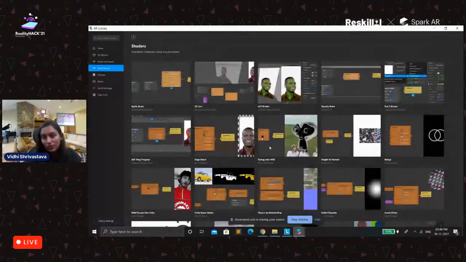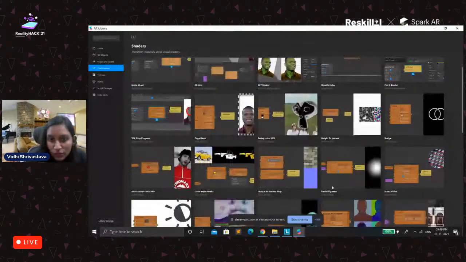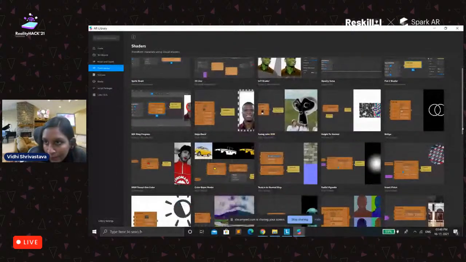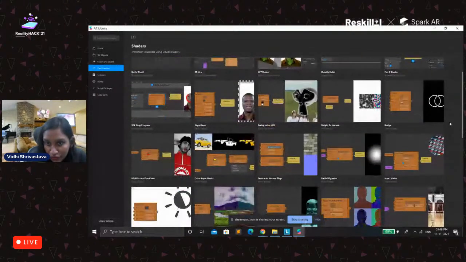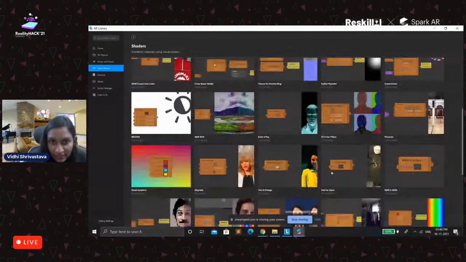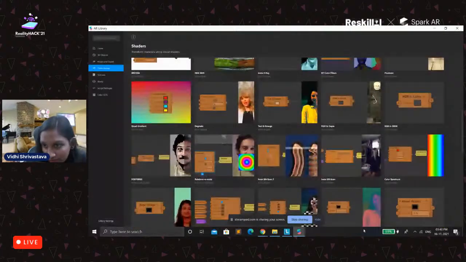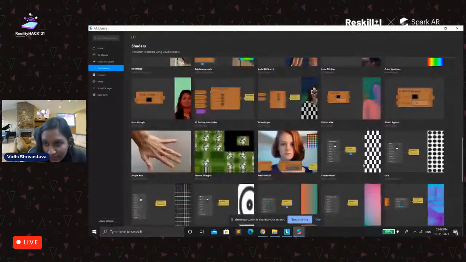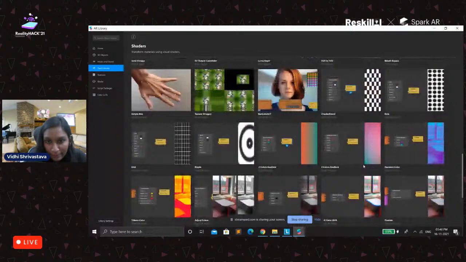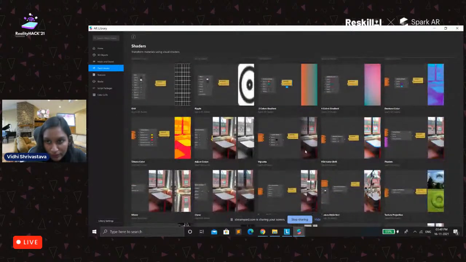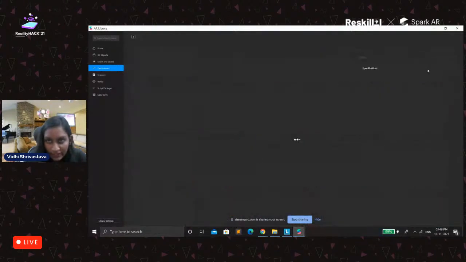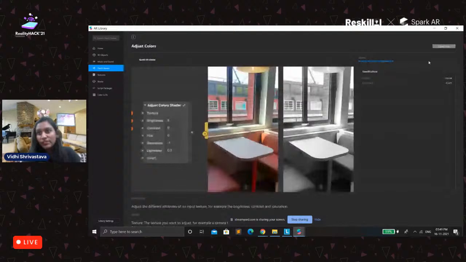So let's see how it works. We have one of my favorite patches, that is edges color as well as color cycle. So let me find it. We have edges color here, so we will just import it. Done.